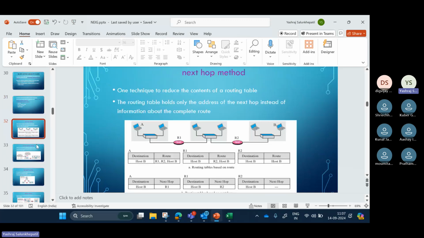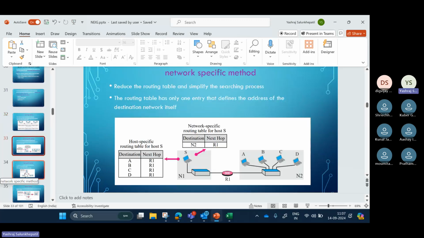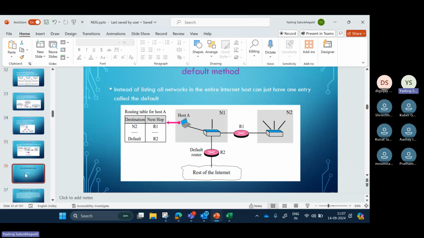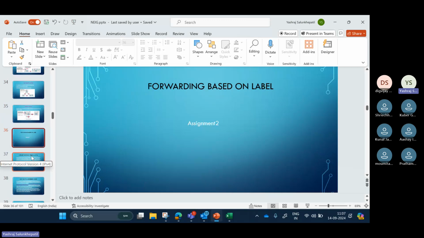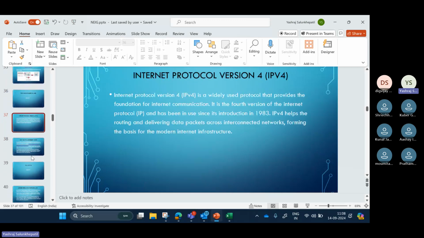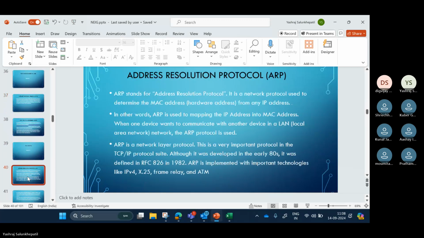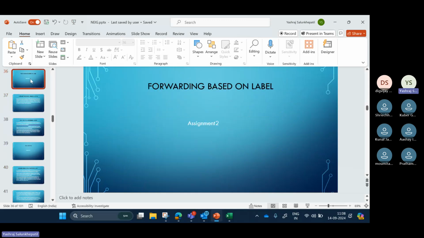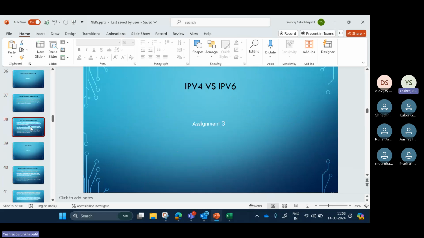Yeah, so like I said, this forwarding an IP packets and this is the basic principle that has been used in other protocols and standards. So going deeper into this makes no sense. Hence the assignment on forwarding based on label. We should have the knowledge of it, but there's no need to go in more deeper or concern us with the intricacies of the protocol, okay, or standard, whatever you want to call it. Next, okay, ARP will do it next time.